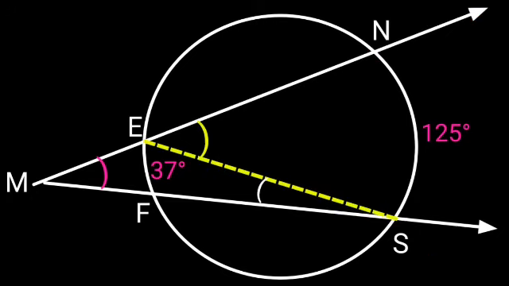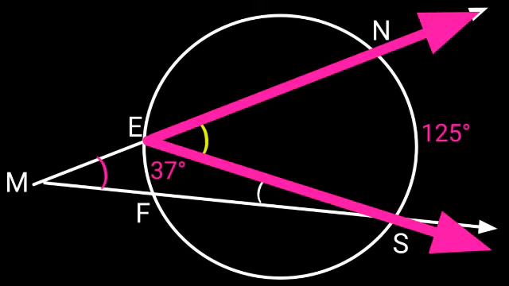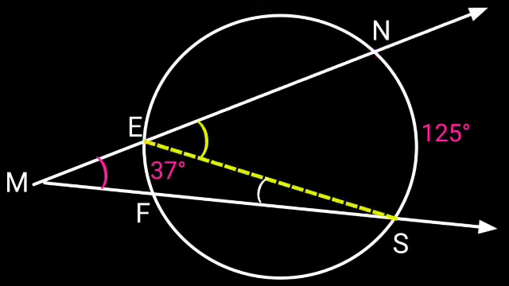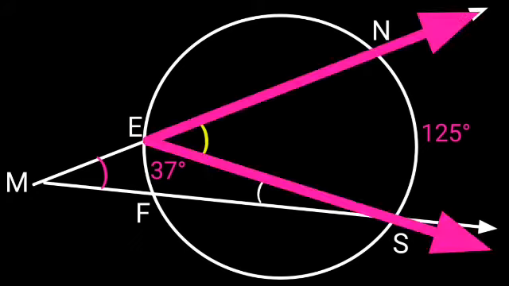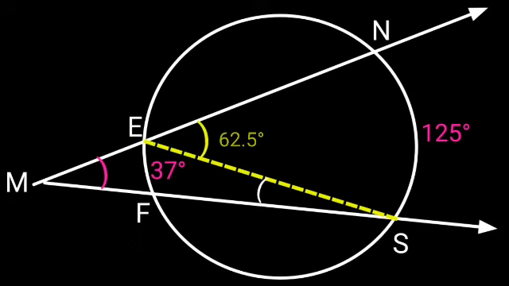By the inscribed angle theorem, we get angle NES is 1/2 of 125, that is 62.5 degrees. Now let us consider